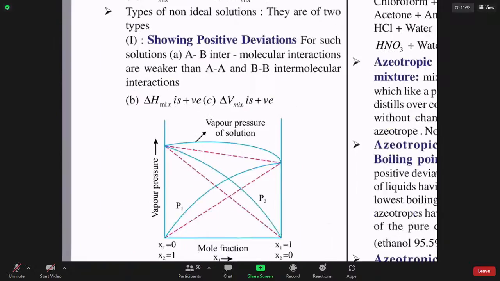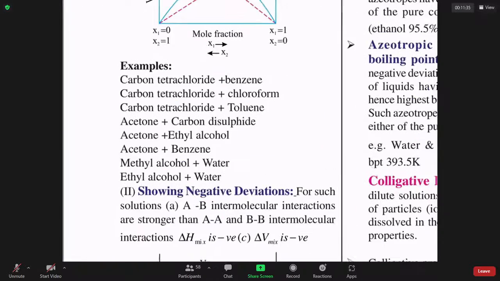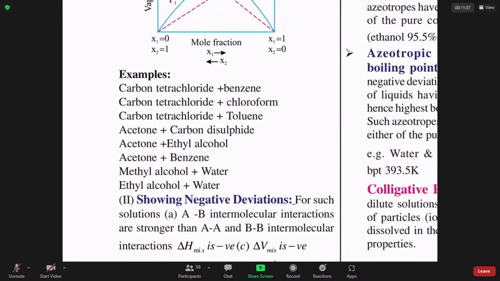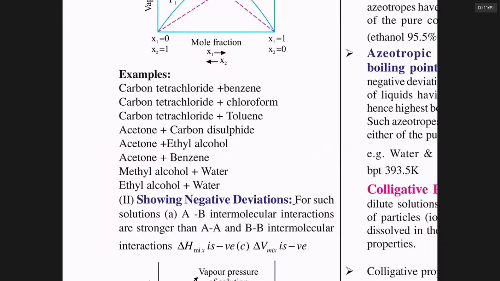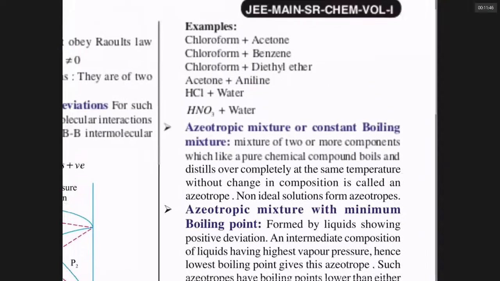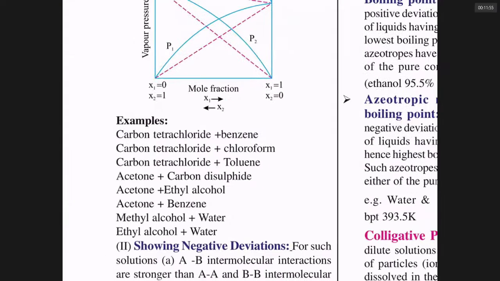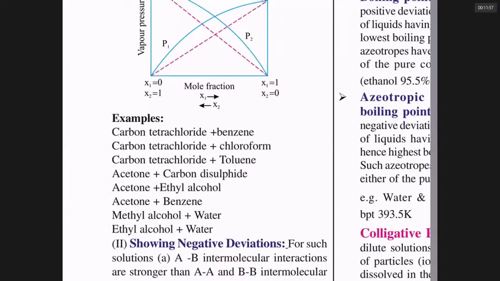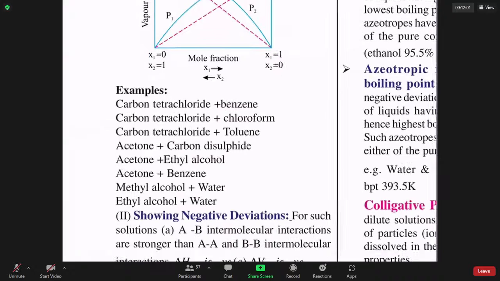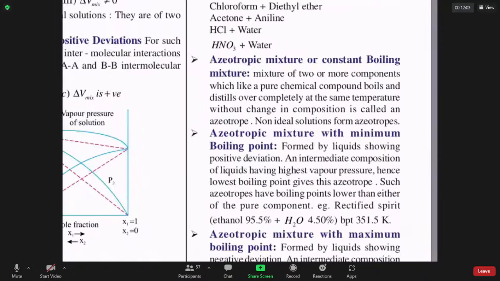At least it is worthwhile to examine chloroform. Chloroform with CCl4 shows positive deviation. Chloroform with all the others here, chloroform with acetone, benzene, diethyl ether, with all these it will show negative deviation. Chloroform generally shows negative deviation. The only exception is chloroform and CCl4. Can you see it, sir? Try to remember some examples.